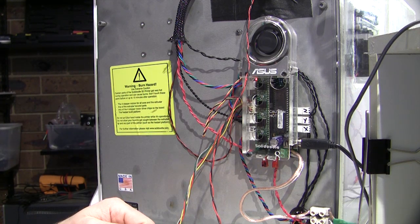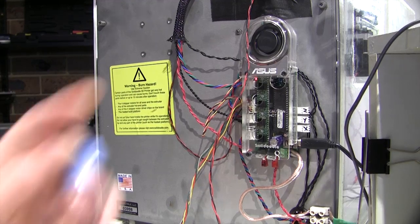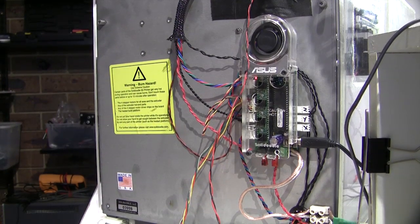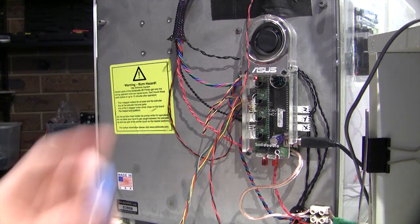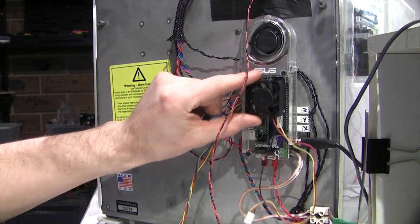What else have I done on the back here? So yeah, I've upgraded and changed. Well, the fan basically is a must. You need to put a fan on. Even if you make your first print another cover, you can get covers on Thingiverse that will take a couple of fans,